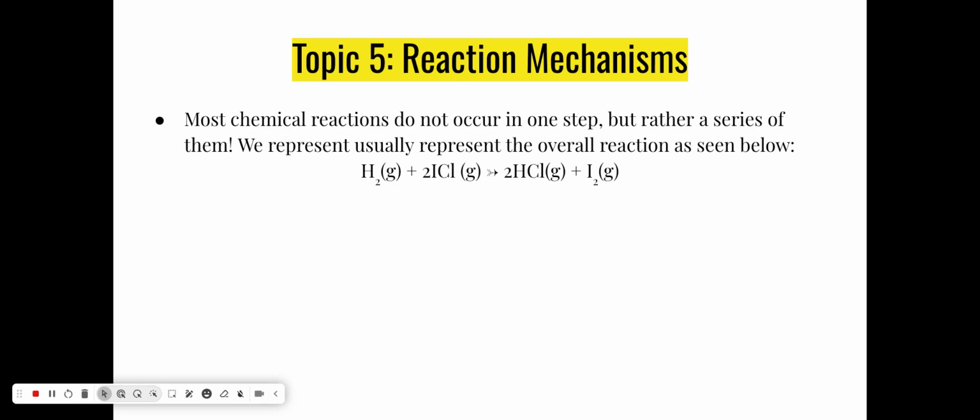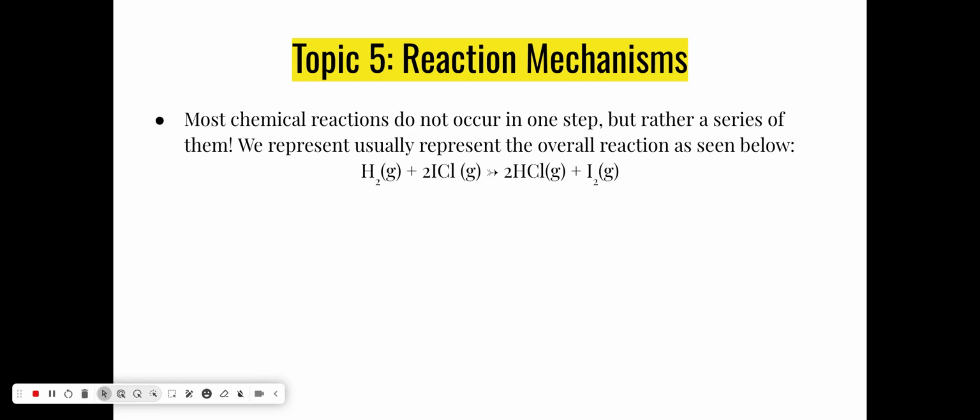Now, when we're going into reaction mechanisms, we have always talked about the overall chemical reaction. So the overall chemical reaction, as you can see, is H2 gas reacting with ICl gas to form HCl and I2 gas, respectively. Now, if you take a close look at what's actually occurring here, we have one molecule of H2 reacting and two molecules of ICl reacting. That's the overall reaction. That's actually extremely rare. It's very rare for three molecules to hit in just the orientation that's needed in order for a reaction to